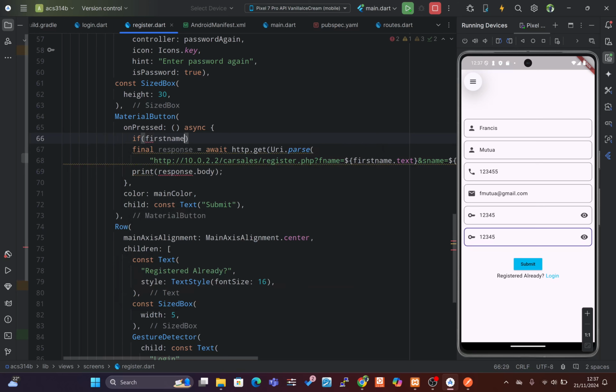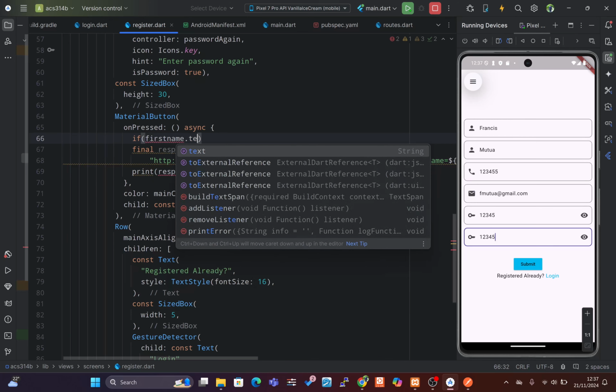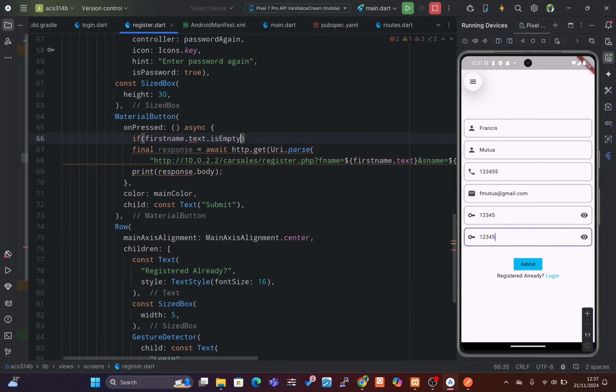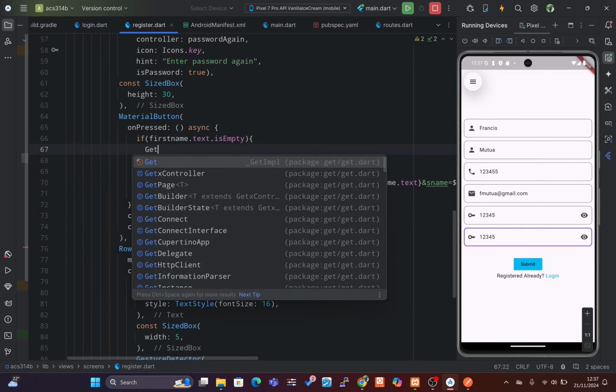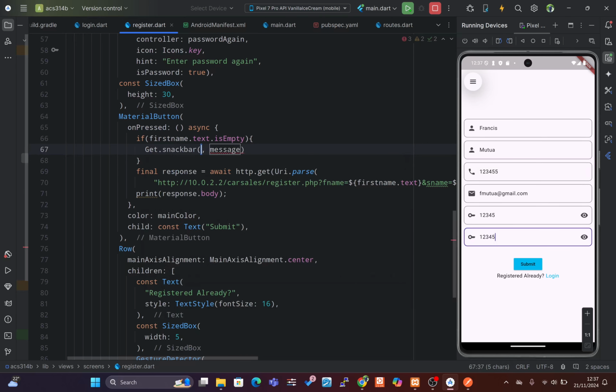first name dot text is empty, if it is empty, we will show some snack bar. We've done this before. Snack bar error, please enter first name. Okay, then we now go to the next